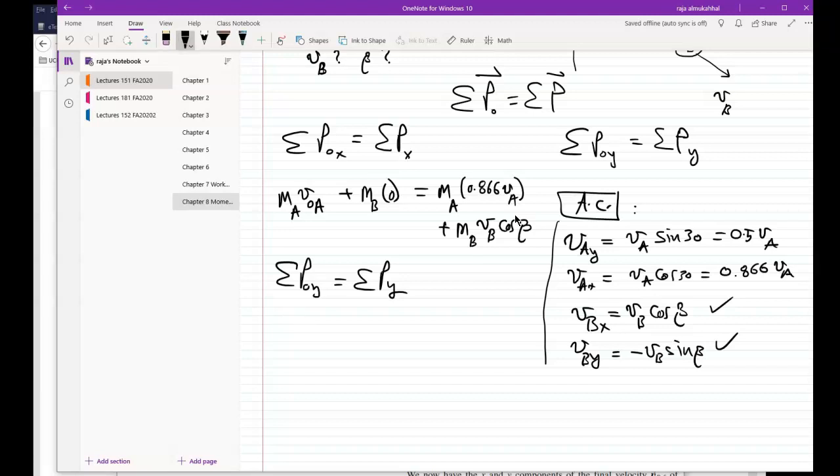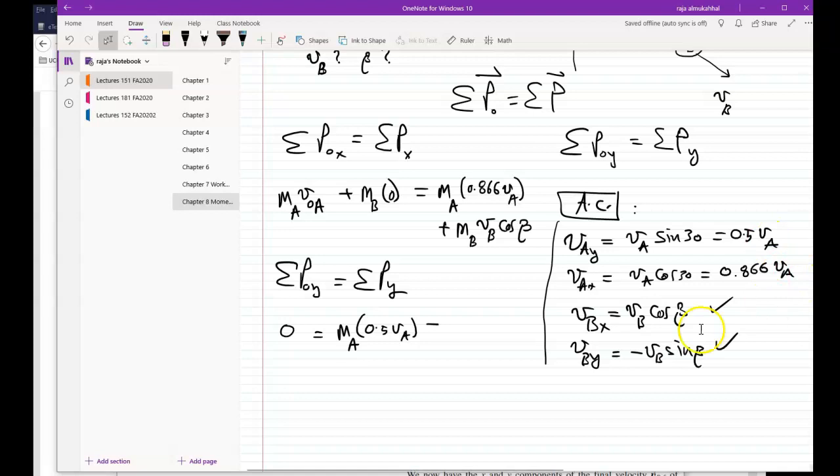There we go. 0 equals to. Now, P sub y, that's going to be mA vA 0.5 vA, right? Sorry, I'm copying this one, guys, right here. So that's mA 0.5 vA